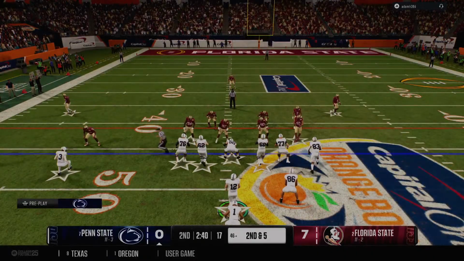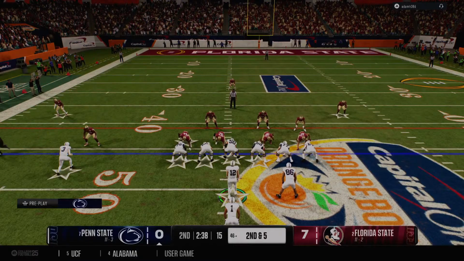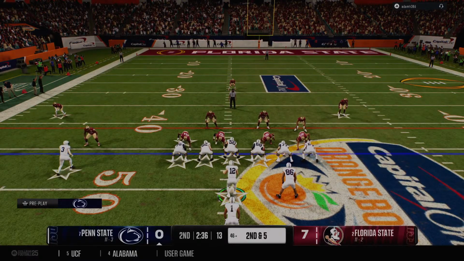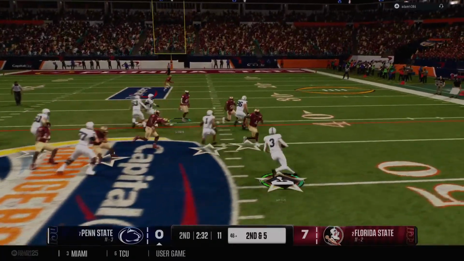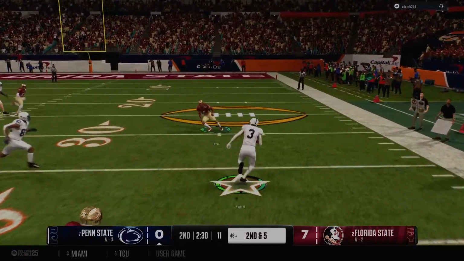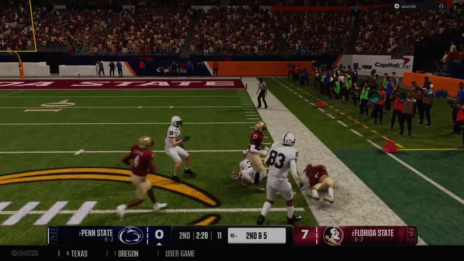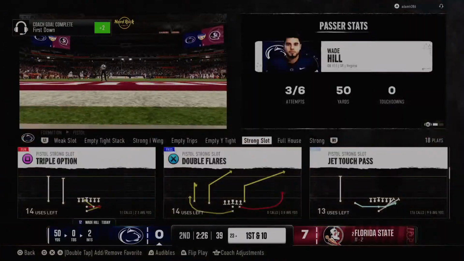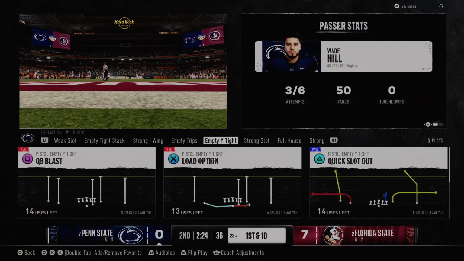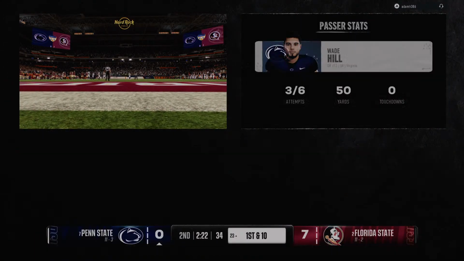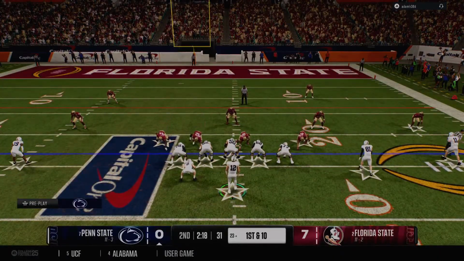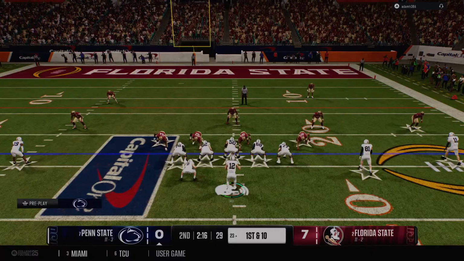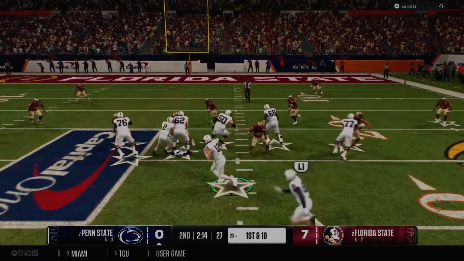Second down after that run on the previous play. Pre-snap motion from the offense. Quick pass. Here comes a jet sweep. He's got it now inside the 15. Tackle is finally made, but an explosive gain. They'll move it down to the 23-yard line. The defense has got to do a much better job here of adjusting to the pre-snap motion. They just kind of stayed in place, and it gave the receiver plenty of room there to make a nice play.